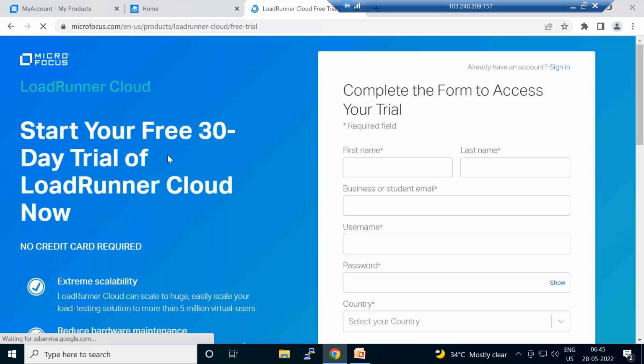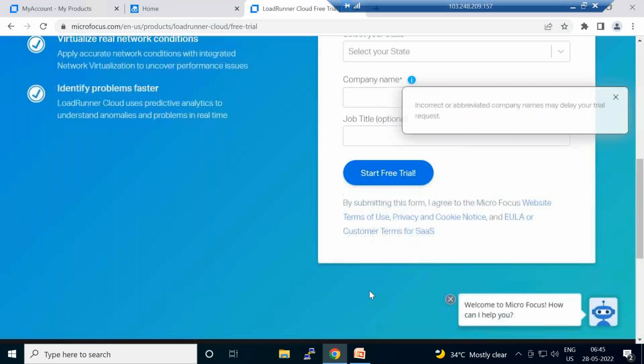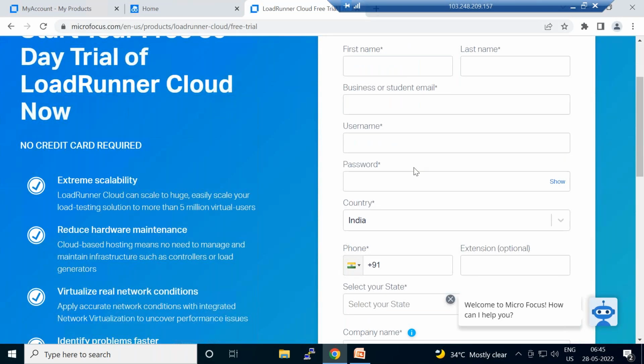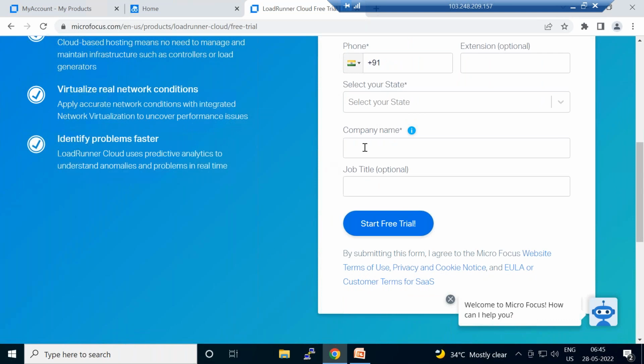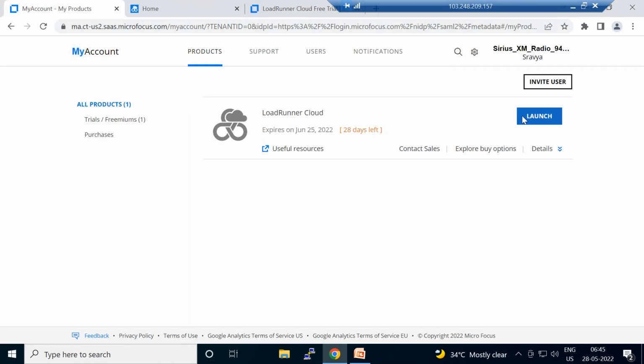Loadrunner Cloud gives you 1000 virtual user hours for a free trial. You can register here, and your personal email doesn't work. You have to use your company mail and then start your free trial, and the link navigates to your mail, and you can launch and start the Loadrunner test.